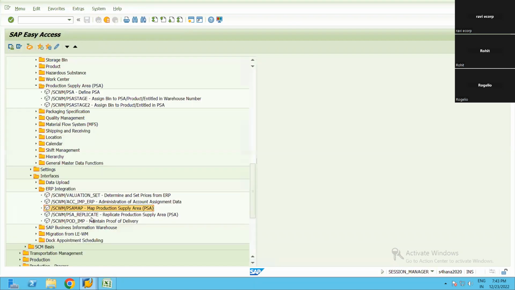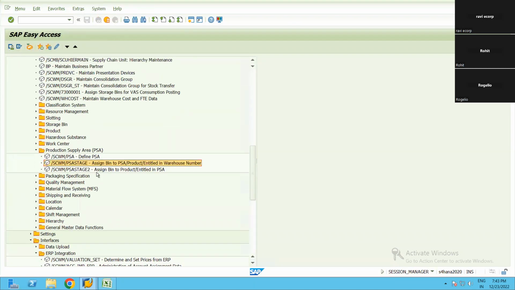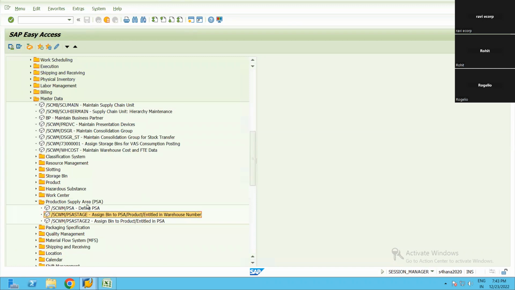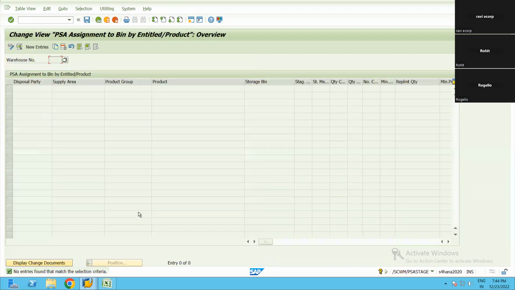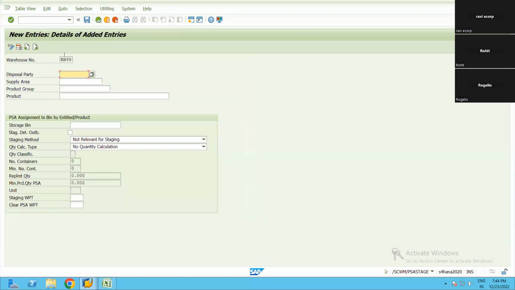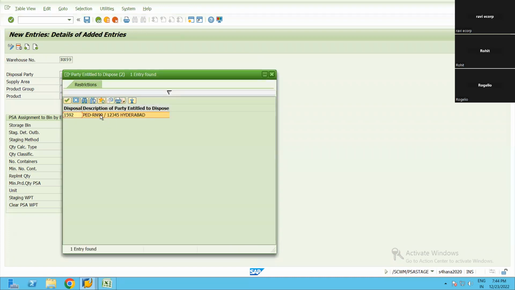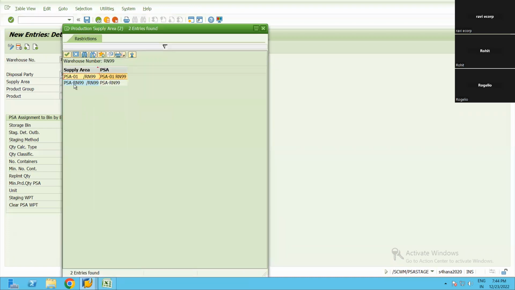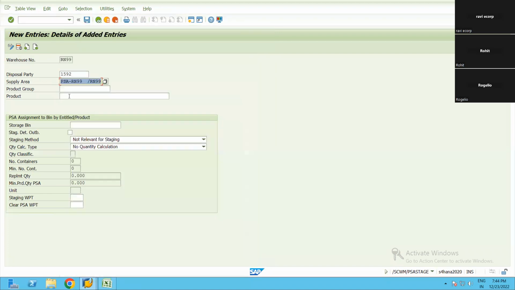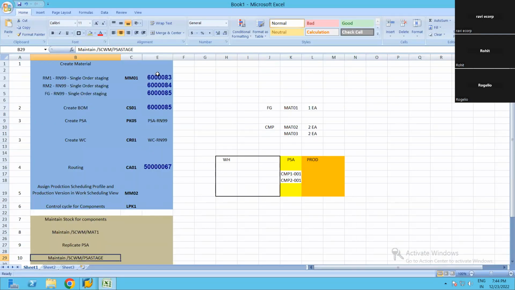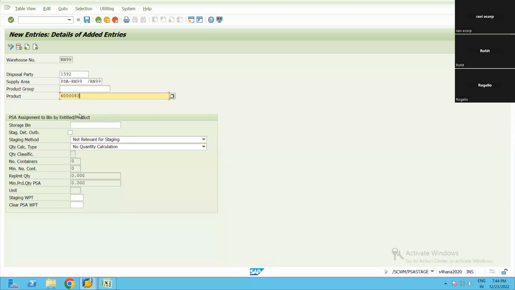It is under master data, PSA, you have SCWM PSA stage. Here you maintain your entry. Double click on it, click on new entry, select your party entitled to dispose, select your PSA. This is our PSA, PSA RN99. Product group, this we are going to discuss when we are covering cross order staging. For now I'm keeping it blank and I'm maintaining my product, for which product I want to perform the single order staging. Copy this, enter the component,